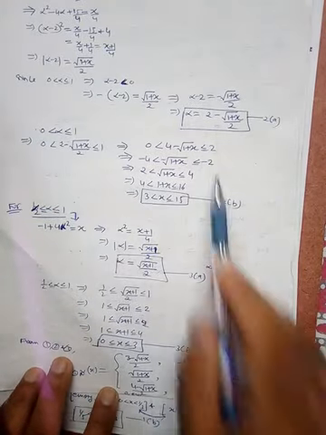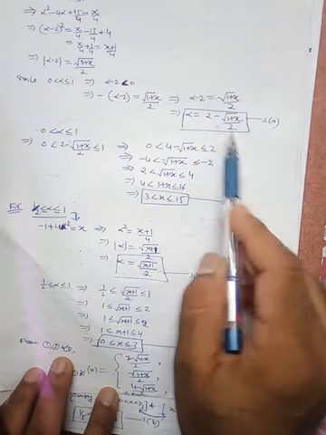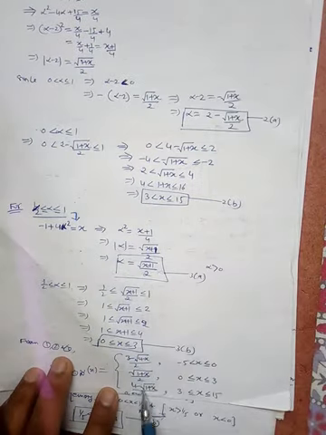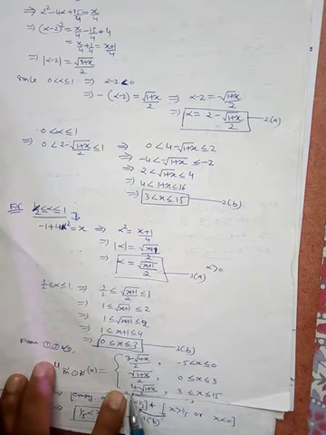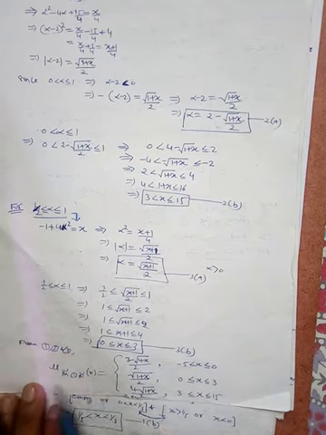Okay, after simplification, just take 2 common, so this will become 4 minus of this, so 4 minus square root of 1 plus x by 2. So this is this, and 0 otherwise. So this will give you the product part.